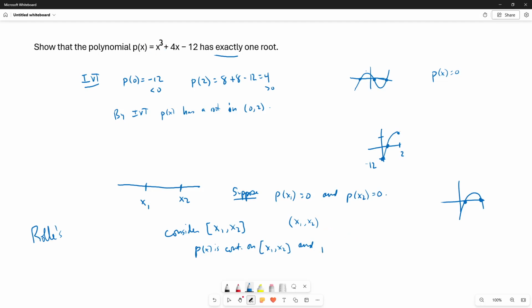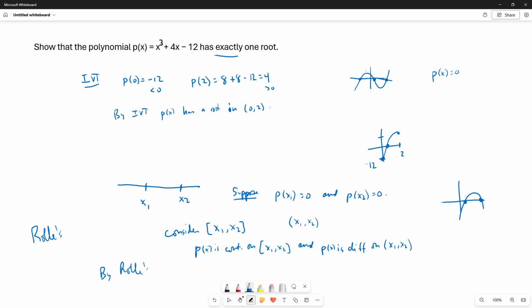So p of x is differentiable, and you can find the derivative for any x, in particular, on the open interval from x1 to x2. And again, since p of x1 is equal to p of x2, they're both 0, all three of those conditions together allow us to use Rolle's theorem to conclude,